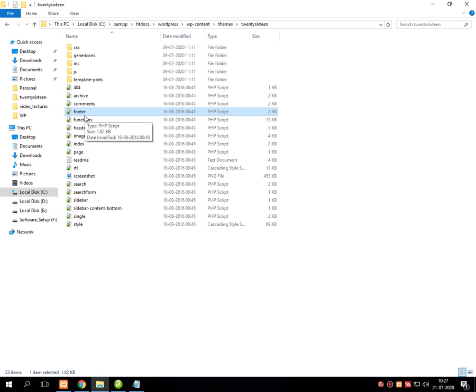So five to six different types of files we have discussed in the standard theme, which is professionally designed by the developers.